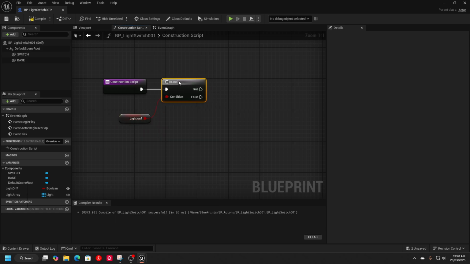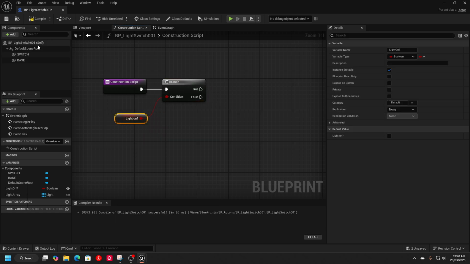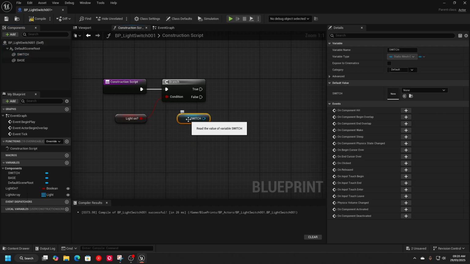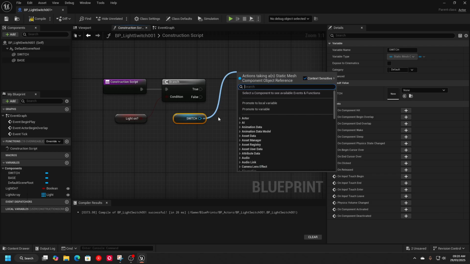All right. And the switch, we want to use this switch and set the relative rotation, which was 14 or minus 14, right? True or false. So if it's on, set it to 14. If it's off, minus 14, or whichever way around looks right. But we can tweak and change those values anyway. Anyway, set